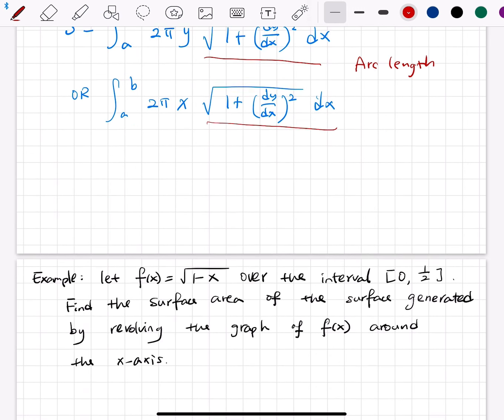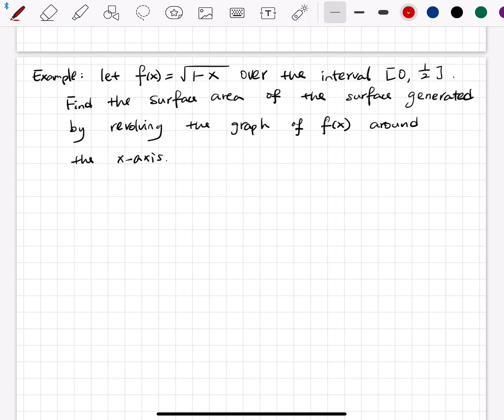And then let's look at an example. The example we have is f of x equal to the square root of 1 minus x, over the interval 0 to 1/2. And I want to find the surface area of the surface generated by revolving the graph of f of x around the x-axis. So the square root of 1 minus x, which is going to be,